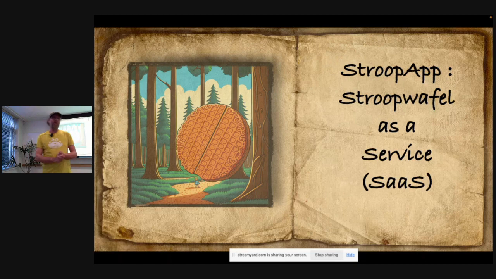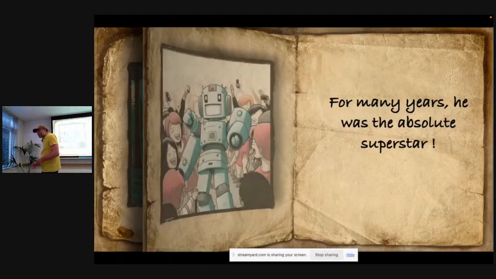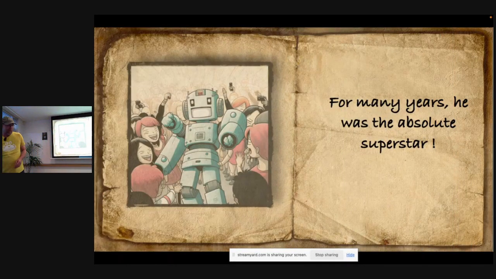And it's a huge success because, stroopwafels, you know. And Bob is the absolute star of this company, because of Bob, Stroopwafel is making a lot of money. He's the cash cow of the company. So everything goes well. But, you know, in every story,